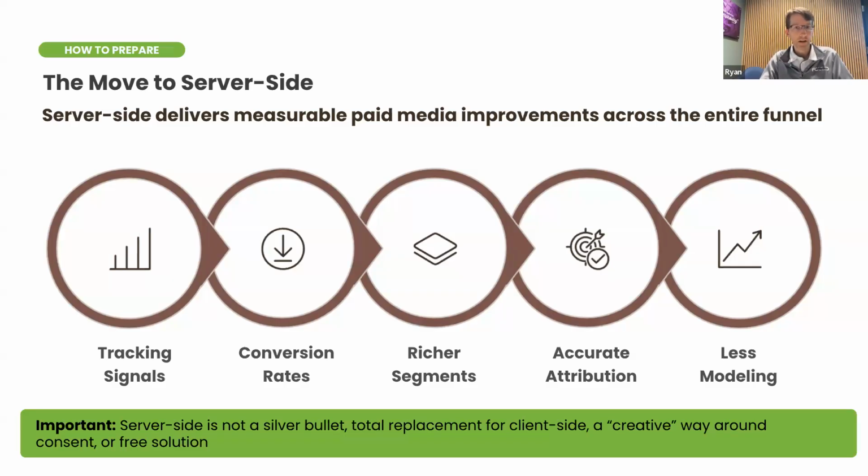Since your server-side events are also more resilient than browser-only pixels, this also helps with improved conversion capture. So that translates to more accurate conversion metrics in the platform, better algorithm training, more stable CPA performance over time,